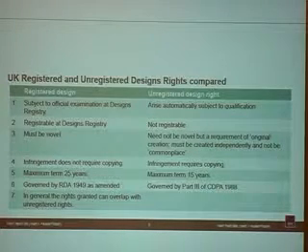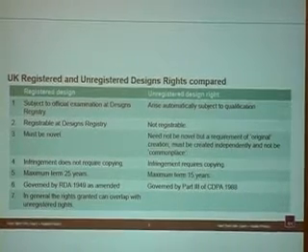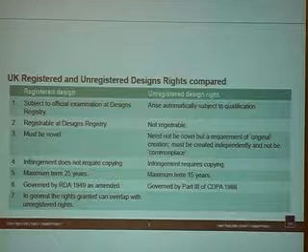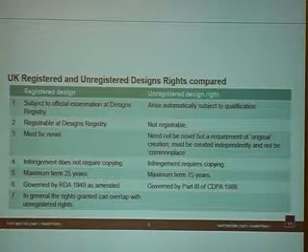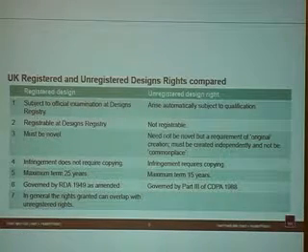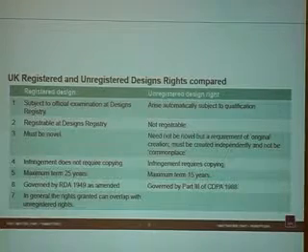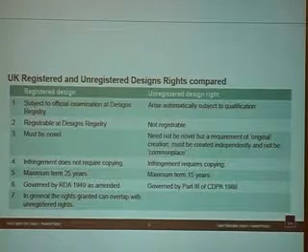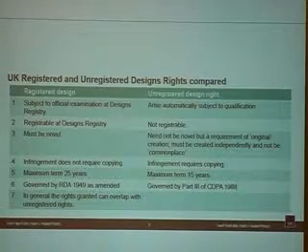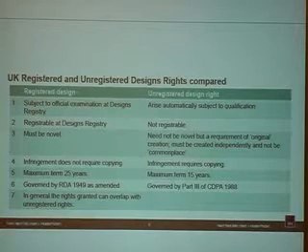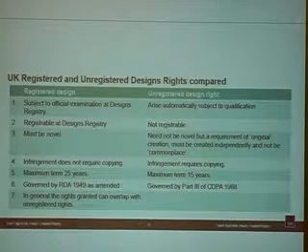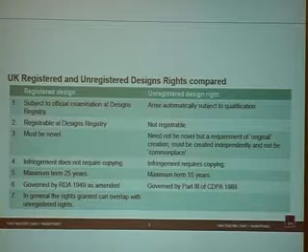Now, it's interesting because in registered designs you have a patent concept of novelty. In unregistered design right you have what is essentially a copyright concept of originality. Infringement of an unregistered design right requires copying. The defendant must have copied. There must have been an act of copying. Whereas, as I've just outlined, the registered design does not require copying. The registered design has a maximum term of 25 years, whereas the unregistered design right has a maximum term of 15 years. And you can have the two rights coexisting together.